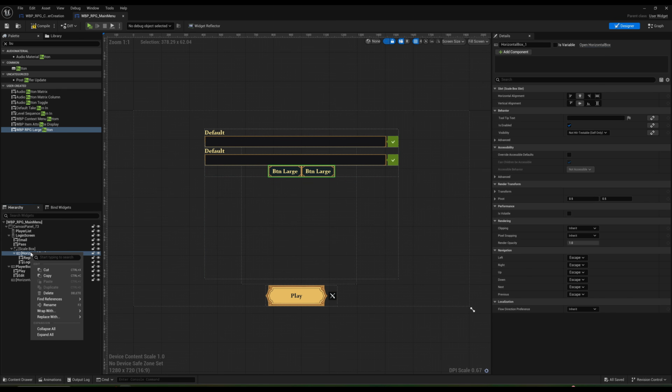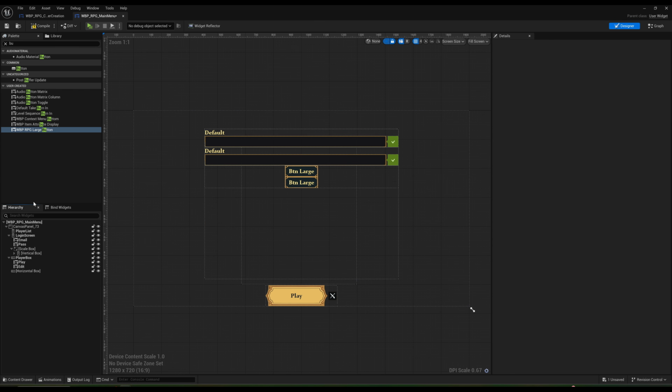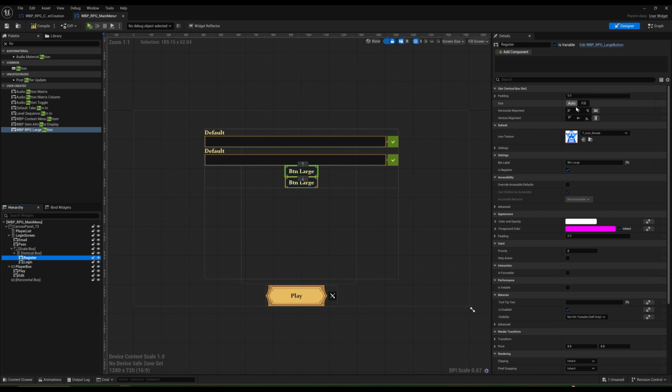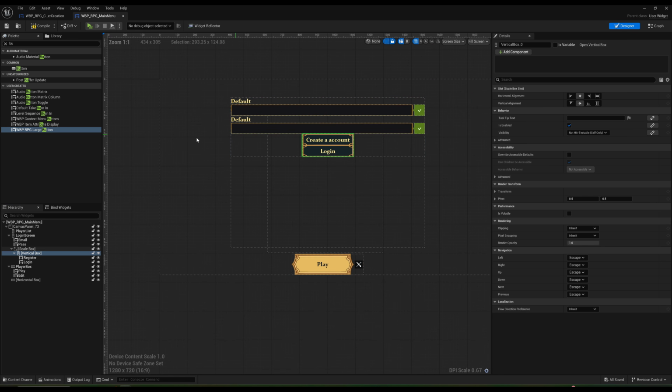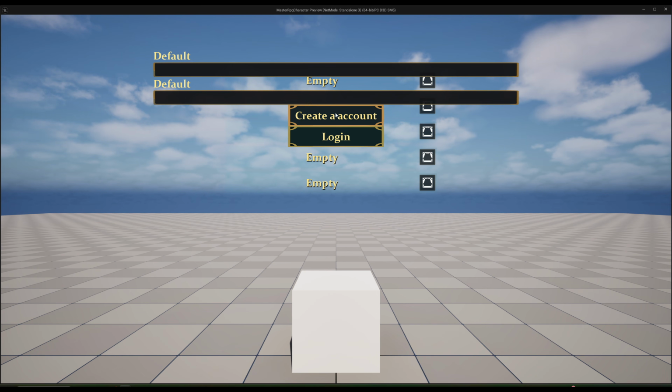Instead of using a horizontal box, let's replace it with a vertical box, just so we leave it vertical. I think it's better. So this first one is going to be called create account, right? And this one is going to be just login. Perfect. Now, as I said, I'm not going to focus too much on this UI, so let's just keep it as it is. It doesn't look too bad. It just needs some spacing, you know. We just need to